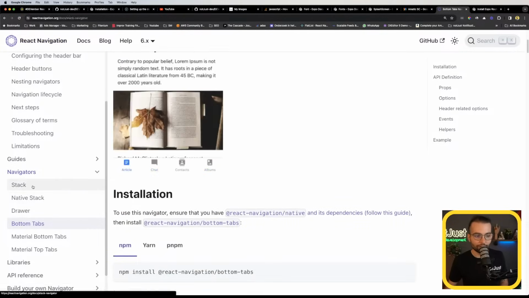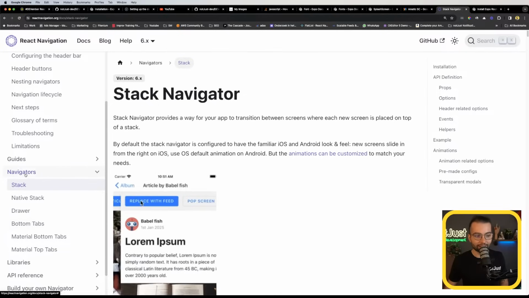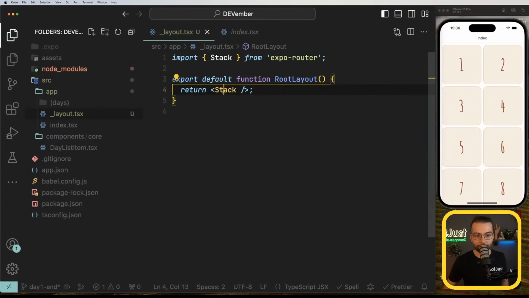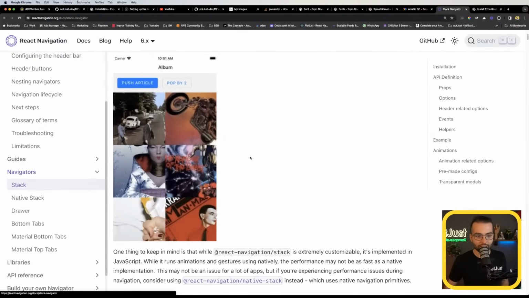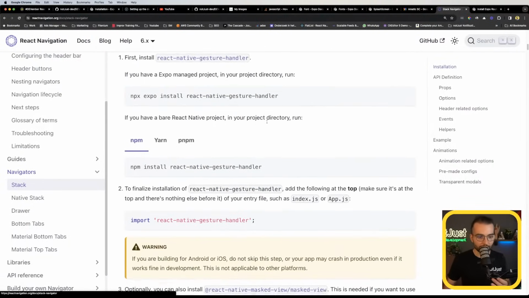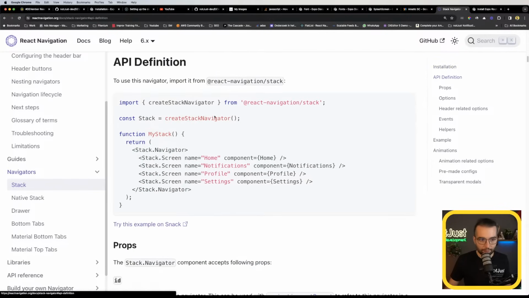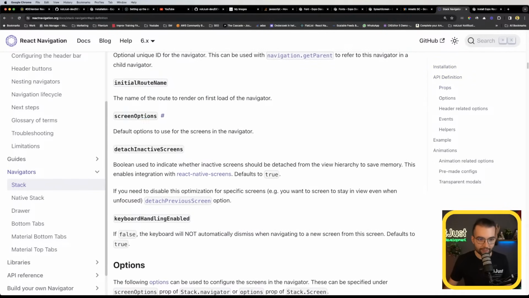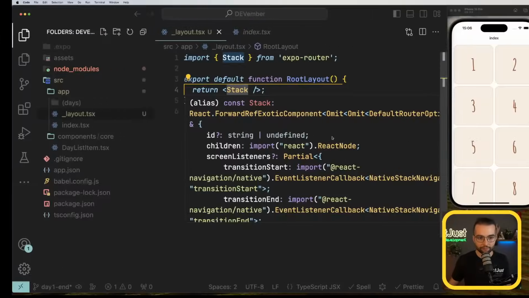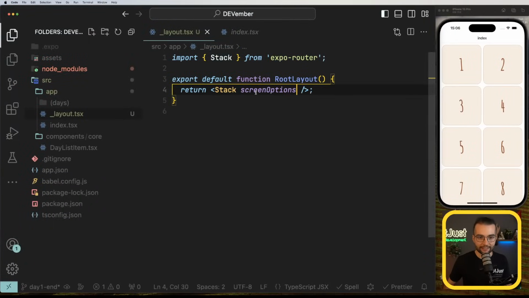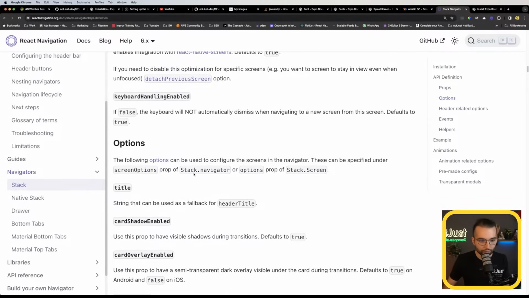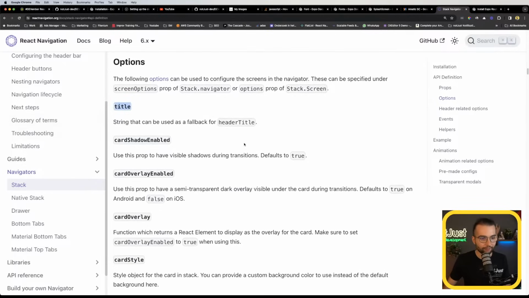For example, let's go to the stack, React navigation stack, because we are using a stack navigator here. And let's look at some of the things that we can adjust. For example, in the API definition, we see that we can send screen options to the navigator. So let's send screen options. And what properties does screen options have? For example, it can have